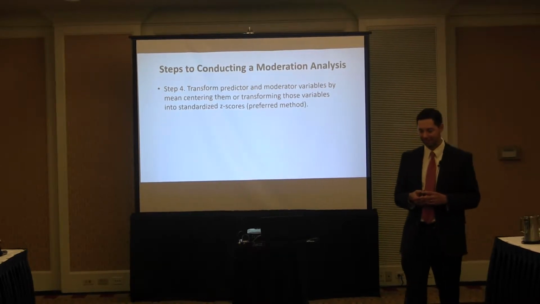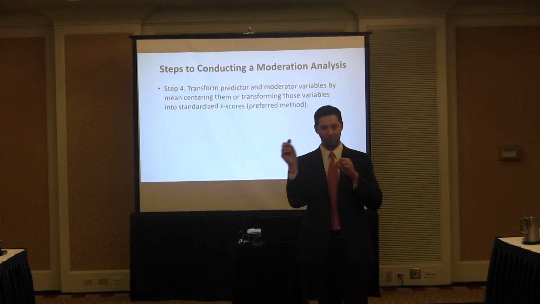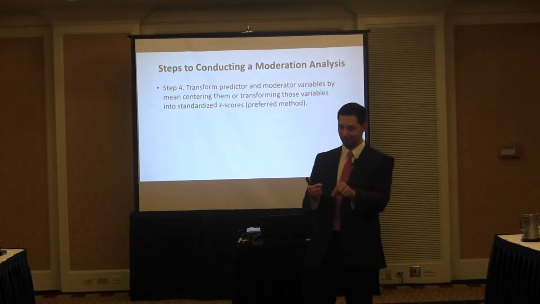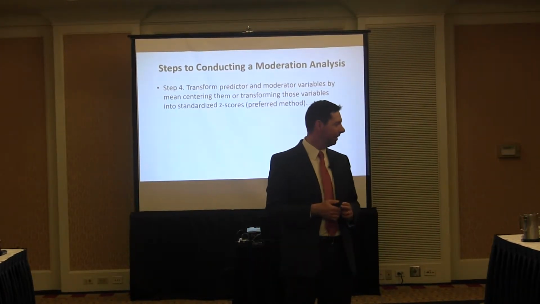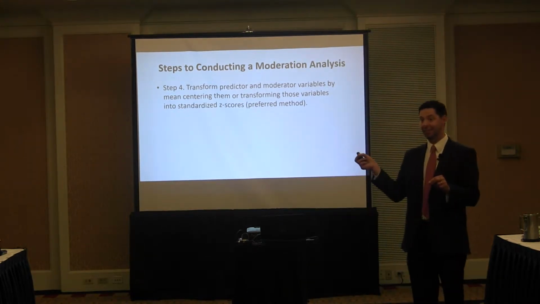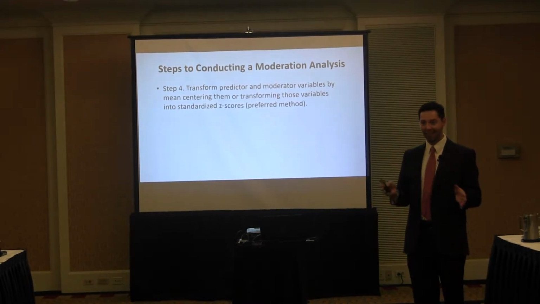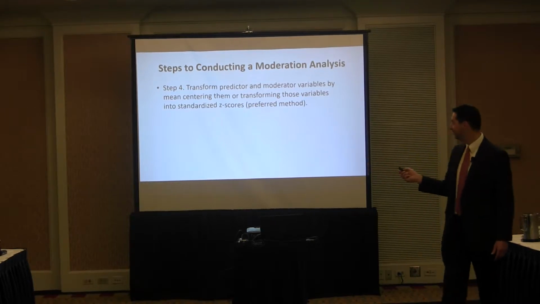Some people mean center, which literally means you compute a new variable by subtracting the mean from the variable score. So that whenever you see a 0, that person would be right on the mean, and anything positive is above, and anything negative is below. But it's a little bit better to do a z-score. Then a 1 unit increase is now a 1 standard deviation unit increase, which is exactly how we're going to make our figure. So it's just one step a little bit closer to what we're actually doing.